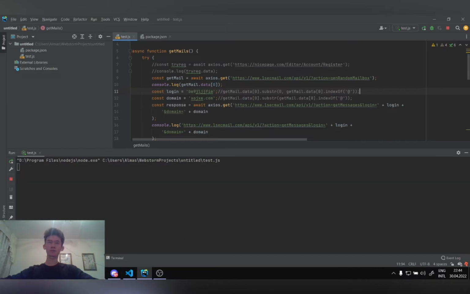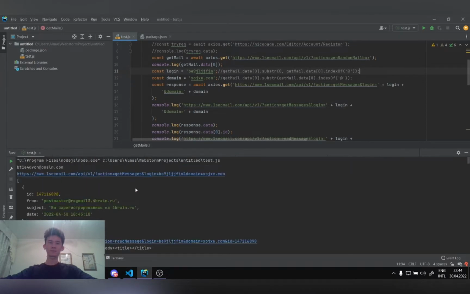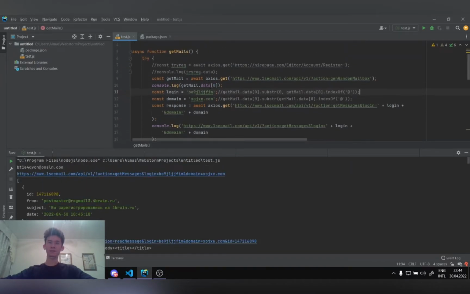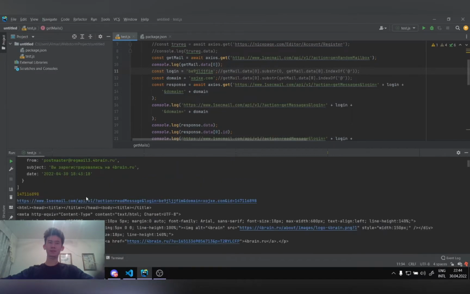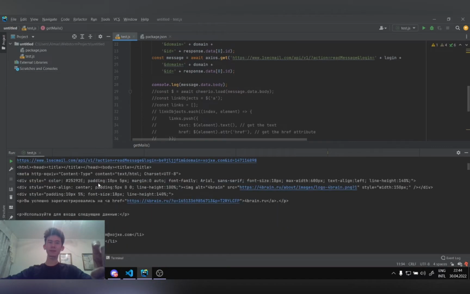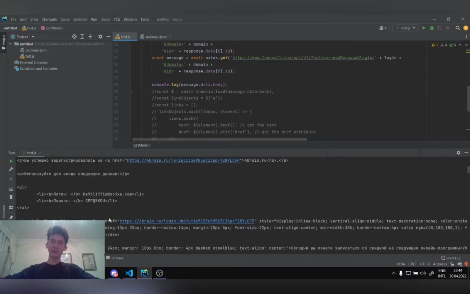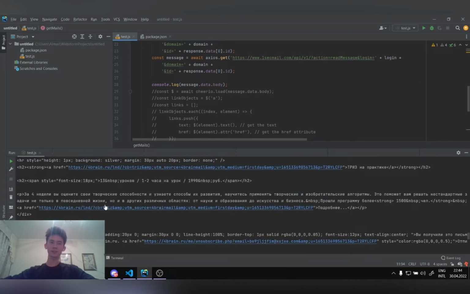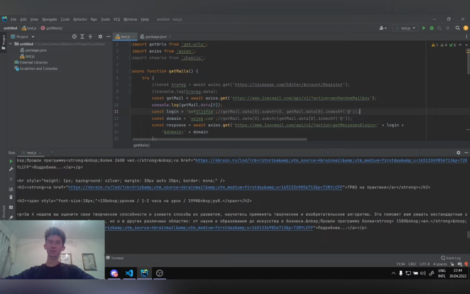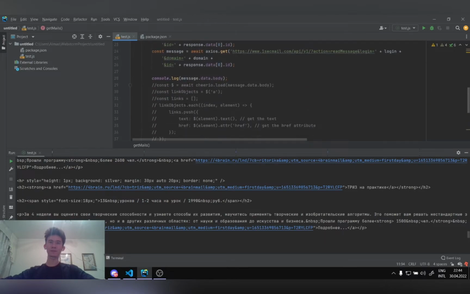So if we just run the code, it takes the GET request from the OneSignMail API and seeks the emails that it has, and we can get the HTML page of this mail, of the message. And first of all, I tried to use Cheerio to get only the links by referencing the